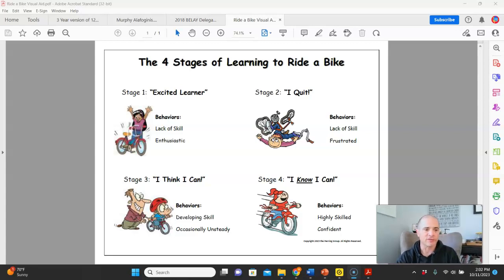So back when I was a sales leader and a leadership team member, we engaged the Blanchard company and we learned about the SL2 model. And he talks about somebody being an enthusiastic beginner in stage 1. In stage 2, which I have here, right? So there's stage 1, I say excited learner. He said enthusiastic beginner. Stage 2, he called a disillusioned learner. Stage 3, he called capable but cautious. And in stage 4, they call that a self-reliant achiever.